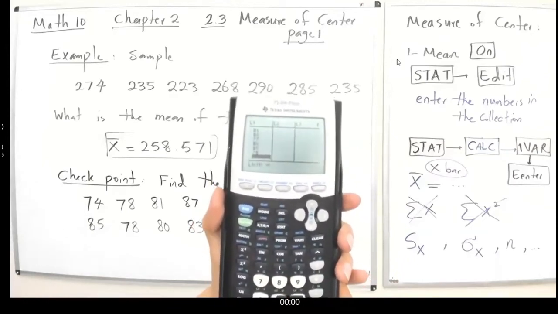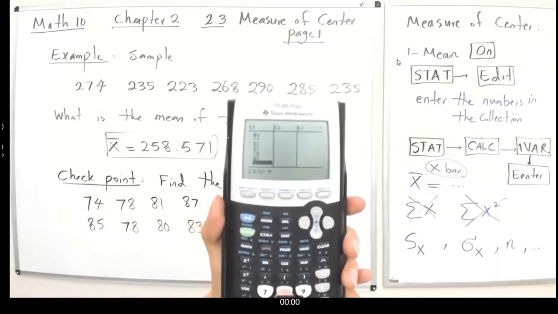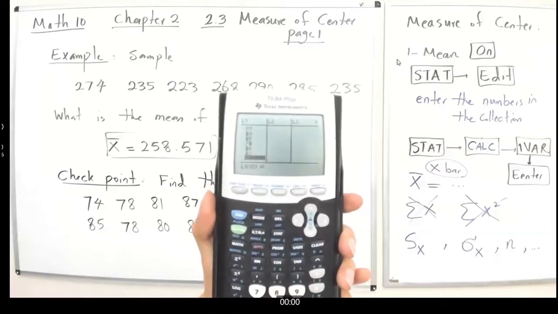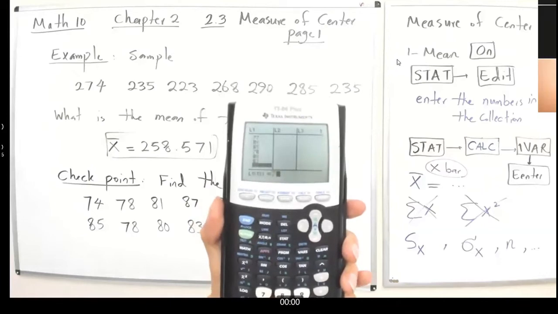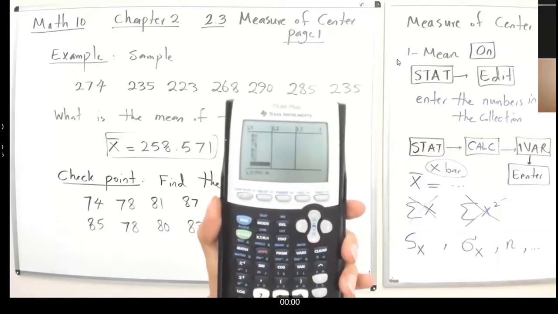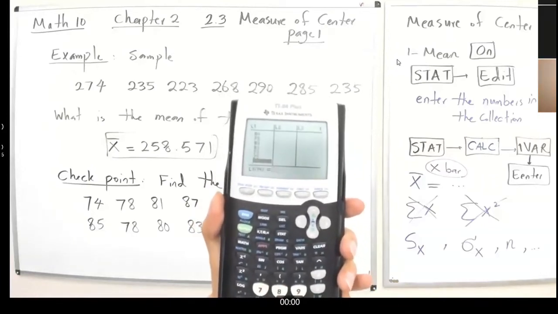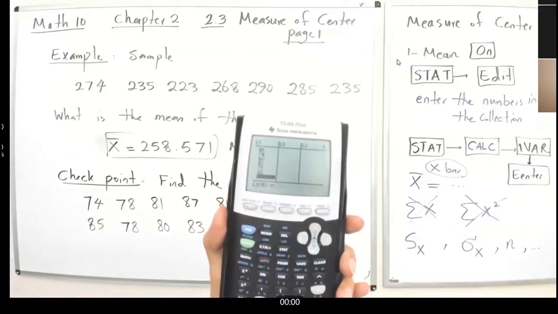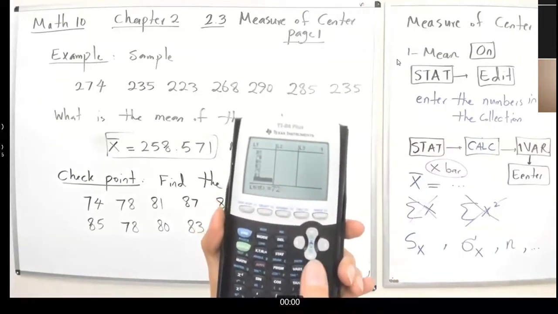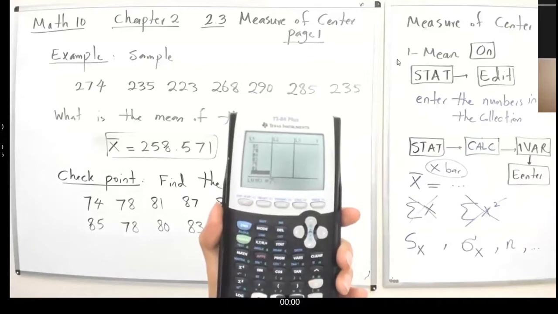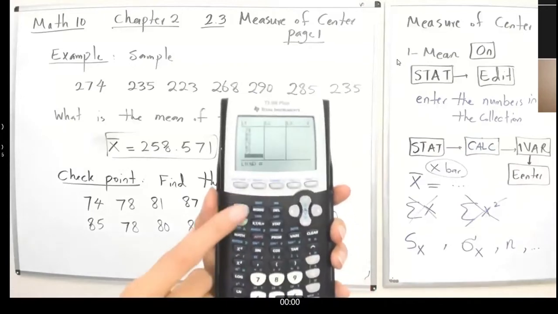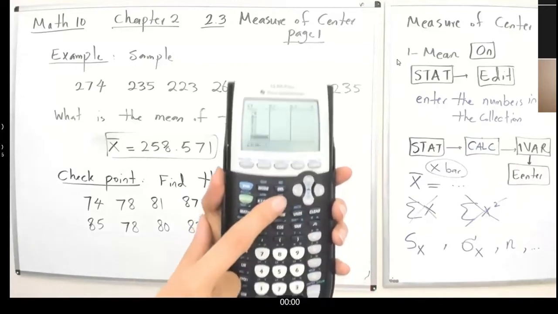I also have 80, 83, 75. What else do I have? I have 81. What's the last number? Oh, it's 73. Okay, now I go to Stat,